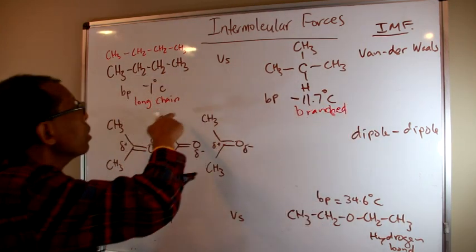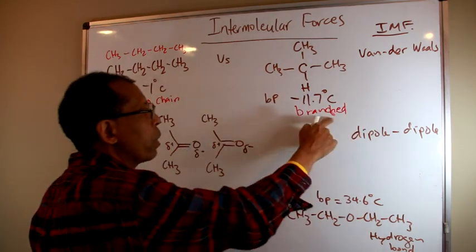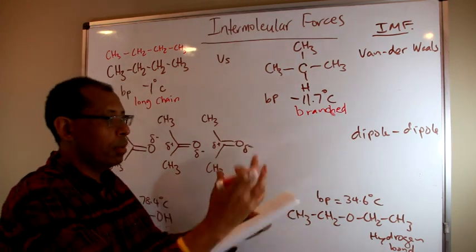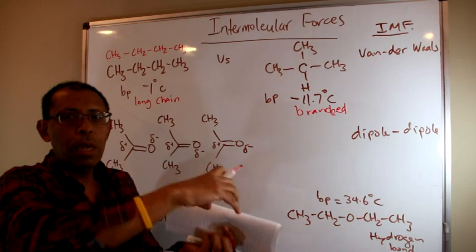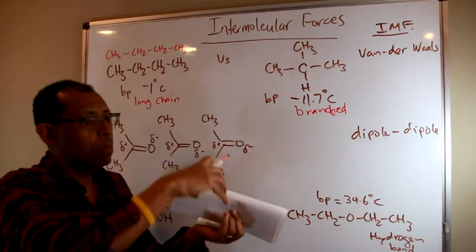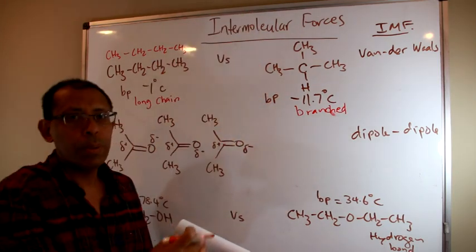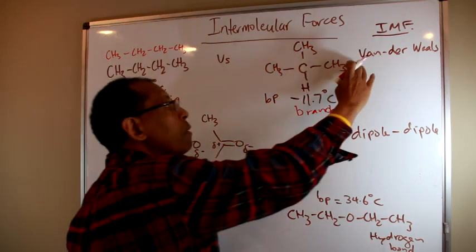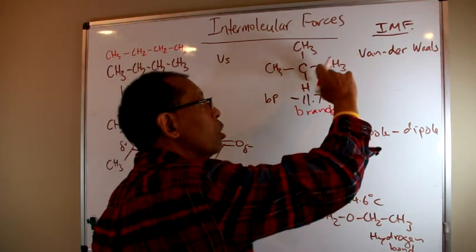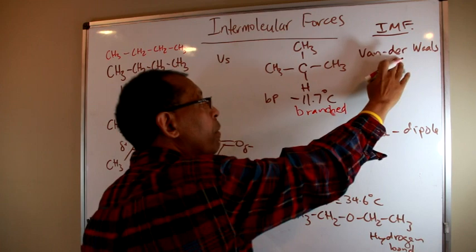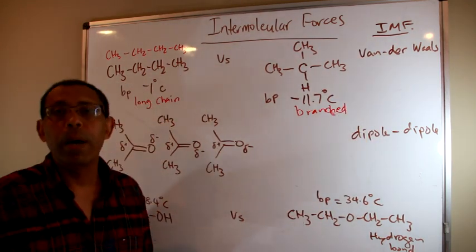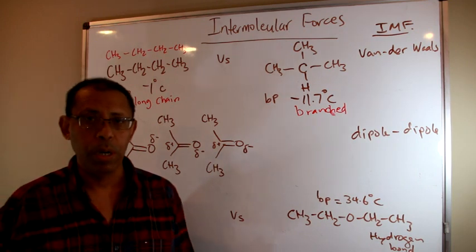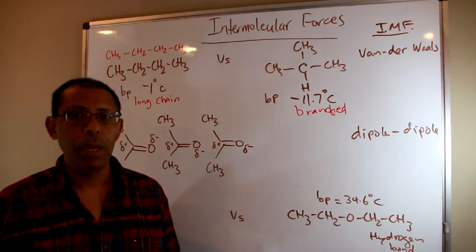So in the long chain versus branched one, the branched one is like a sphere. So there is not much charge that would be created between another molecule to be of significant energy. So the van der Waals forces in the branched system are much lower. So by just looking at the molecule structure, by just looking at how many chains